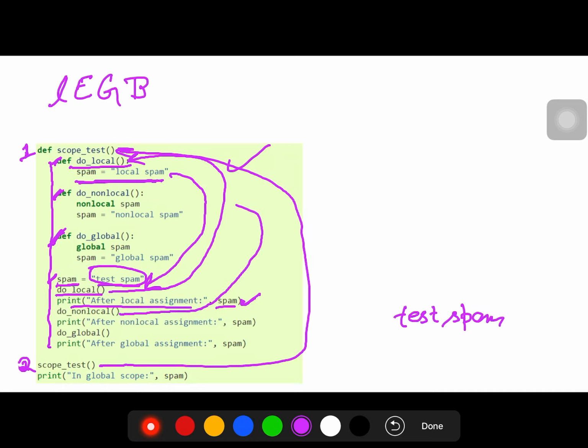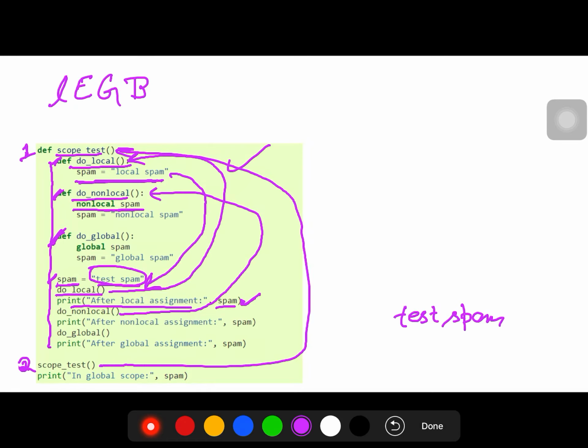Then here is again a call to do non-local. Now non-local is referring to the enclosing function. What is the enclosing function here? The enclosing function is the function that is above this function. Which function is above this function? Outside this function. These both are at the same level, but scope test is the enclosing scope of do non-local.